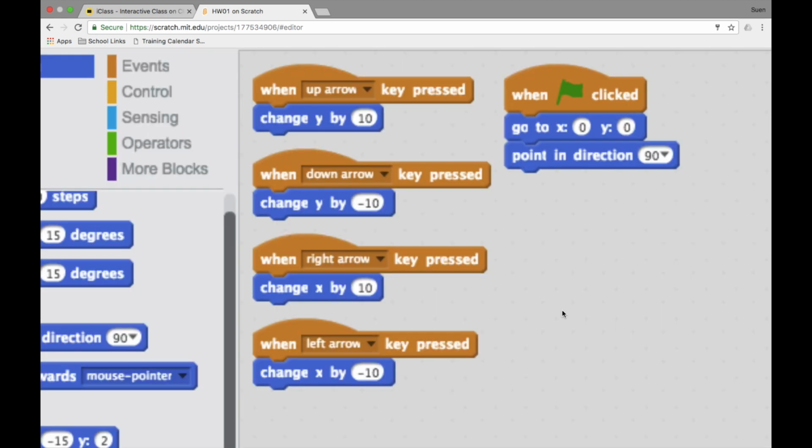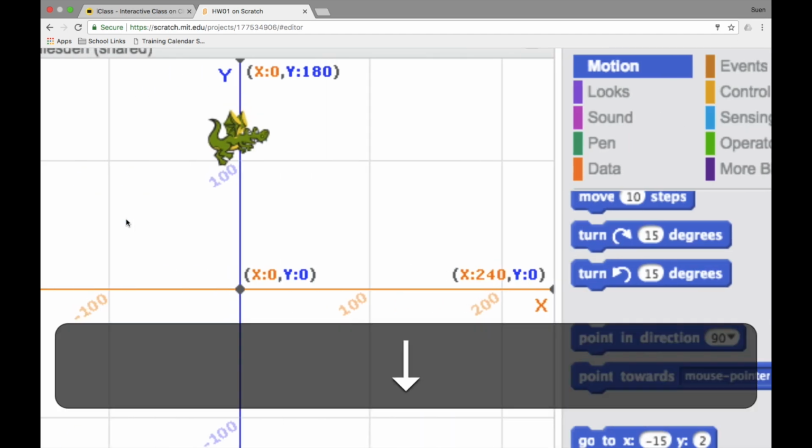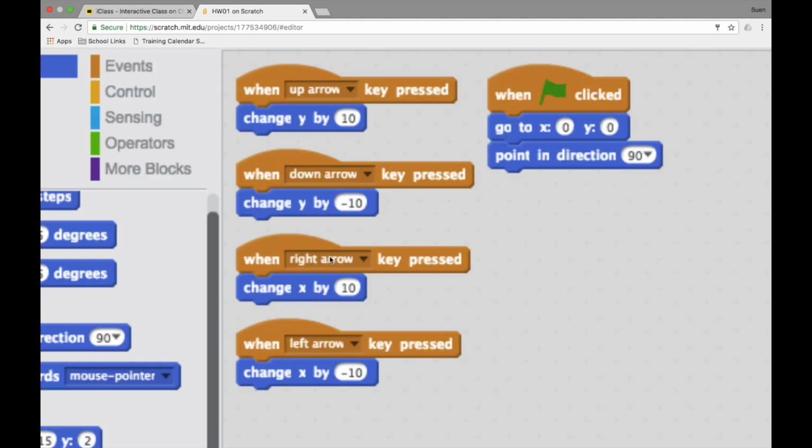How about moving the sprite downward? Now just set when the down arrow is pressed, change y coordinate by negative 10. So when I press the down arrow, you can see the y coordinate will be moving by negative 10. Actually, a similar concept applies to the right and left arrows,